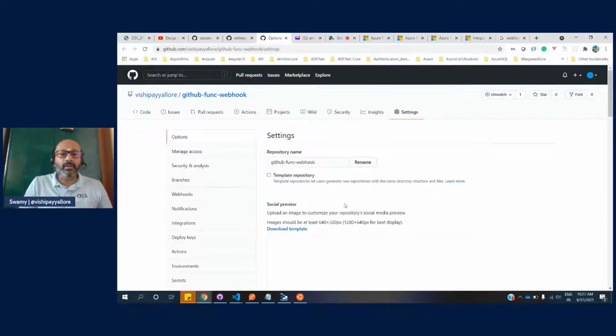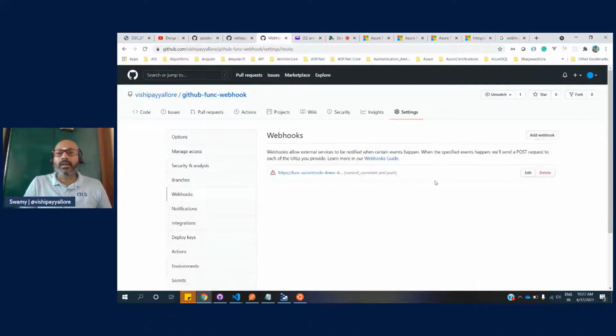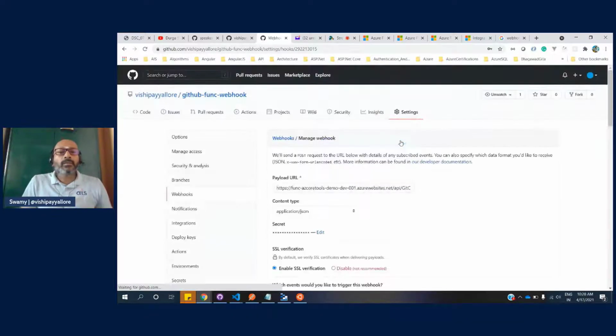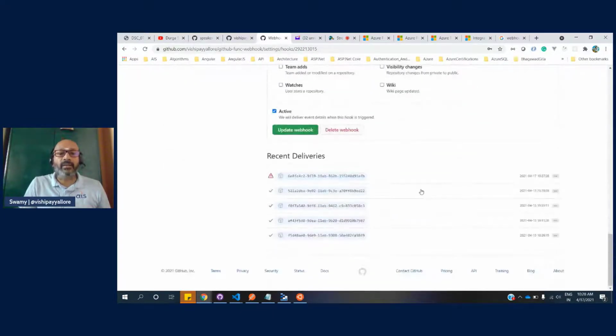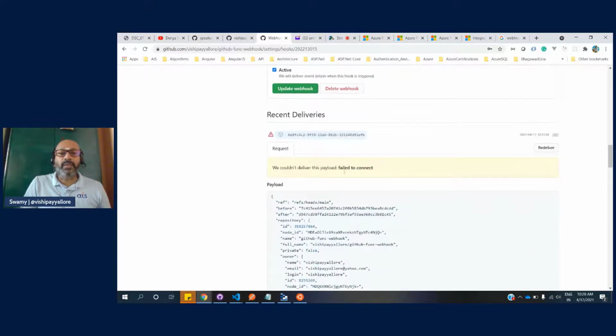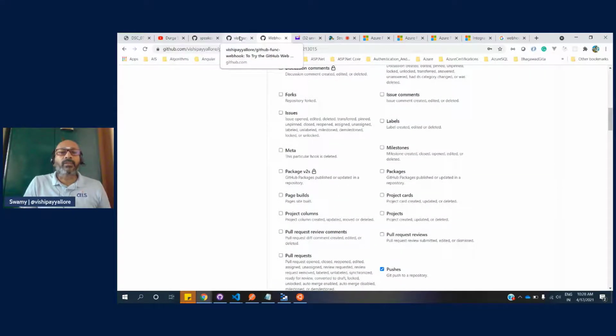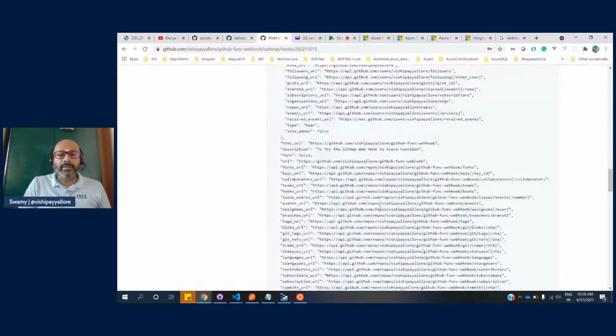That means you'll come in here, and we can go to these webhooks here, and if I want to edit that webhook, see this? This is the URL which I've given. At this point of time, it will fail because yesterday I tested with this webhook and I deleted that webhook. So it says that it tried to deliver this payload, but it failed. But we will see that in a moment. Okay, I'll keep this one.